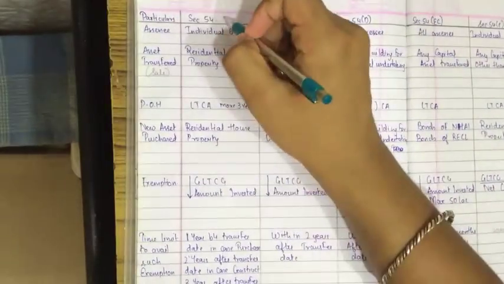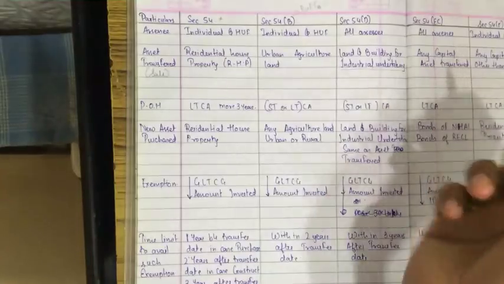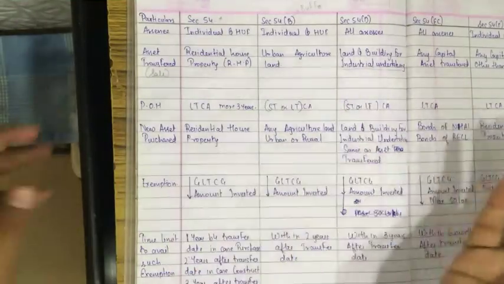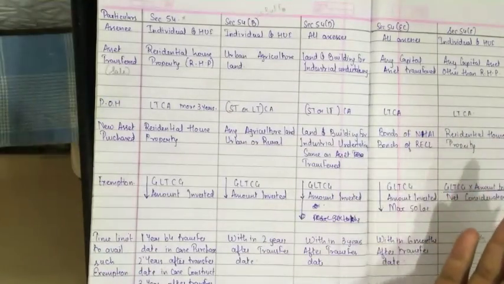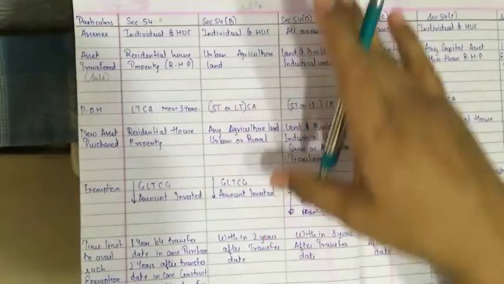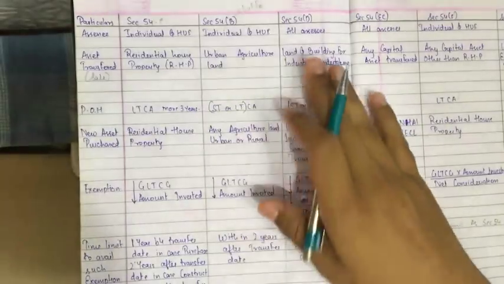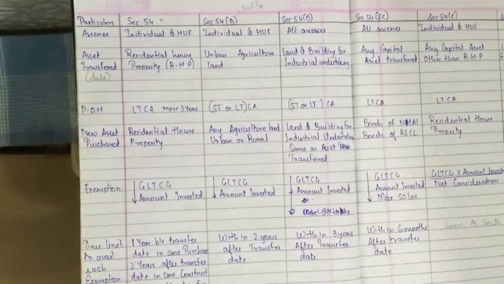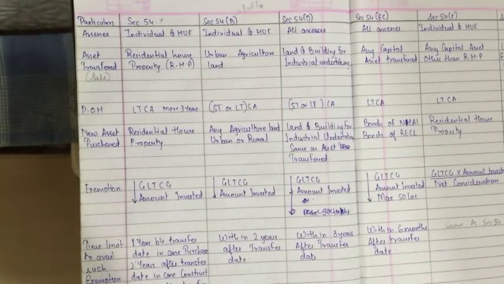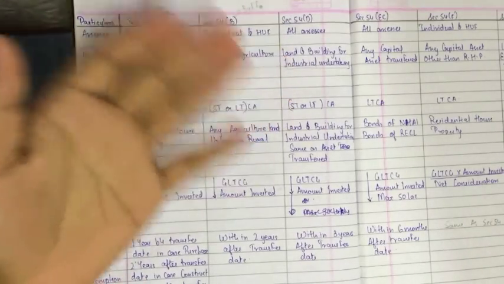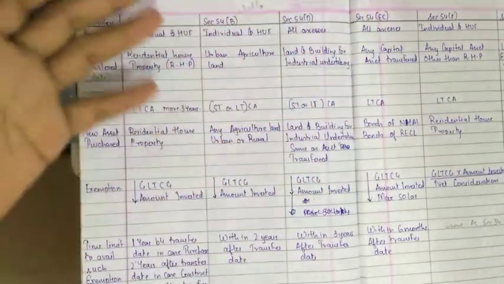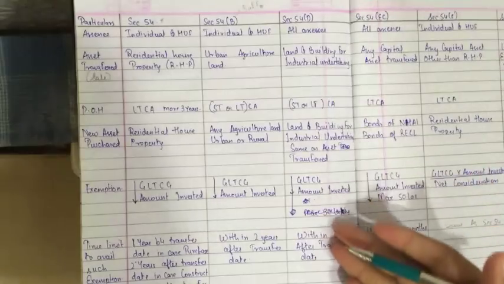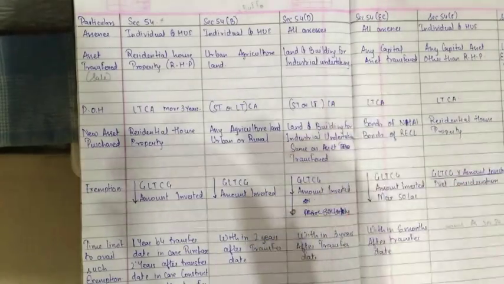The most frequently asked sections are section 54 and section 54EC, which I'll teach you next, so don't worry. Just understand that you need knowledge of all this. It might come as short notes, a fill in the blank, or true or false. They might ask a 4-mark small question on this also, so you don't need to panic. You can take an exemption here also. Just chill, it is not very difficult. I have made your life so easy, so just relax.